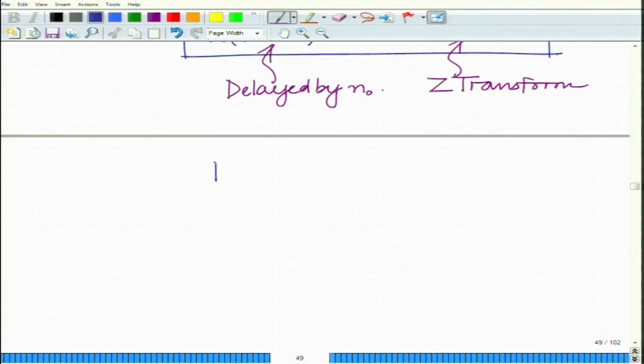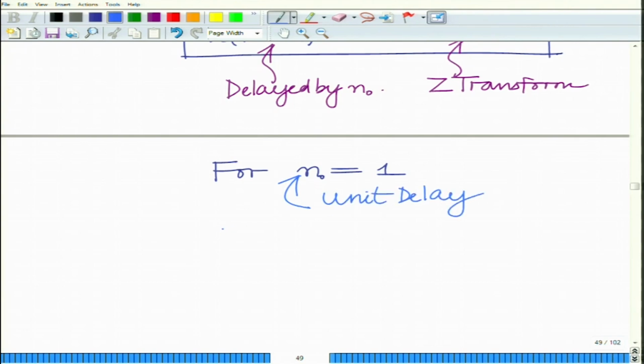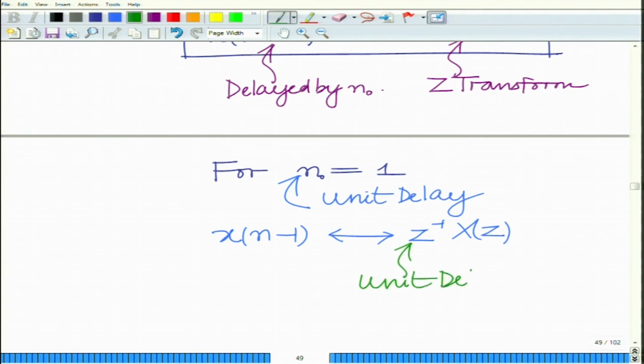So, for the special case of n not equal to 1, that is a unit delay, we have x of n minus 1 has the z transform z raised to minus 1 times x of z. So, this is also termed as the unit delay operator,